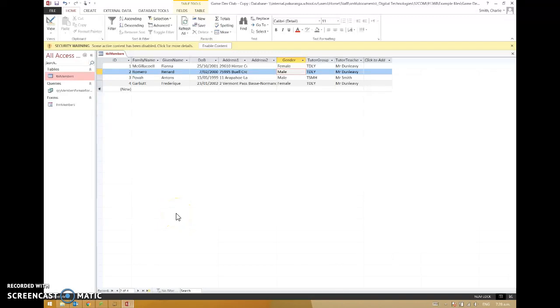Going to look at having a relational database now with multiple linked tables, just to see why that's a good idea and how we go about it. So my database, I've added a couple of fields here. I've added tutor group and tutor teacher, and tutor group is kind of fine. Tutor teacher, you will see here that I have got some inefficiency in that I've got the name recorded multiple